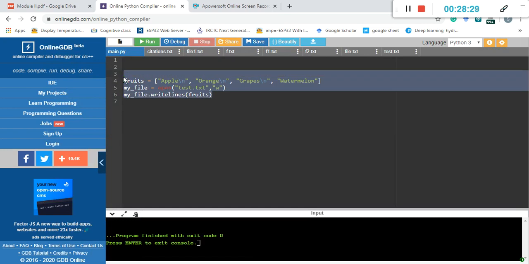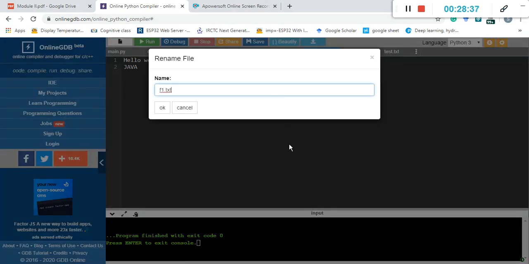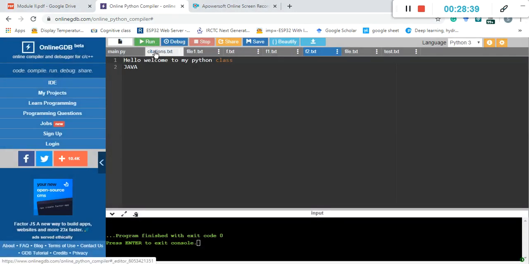So I am trying to open the file called, I'm just trying to copy and paste so that time will be saved.